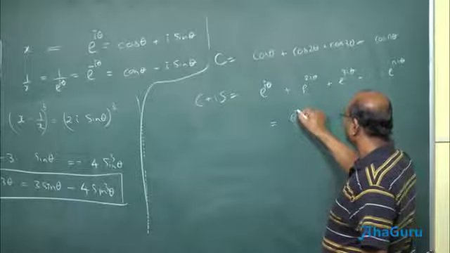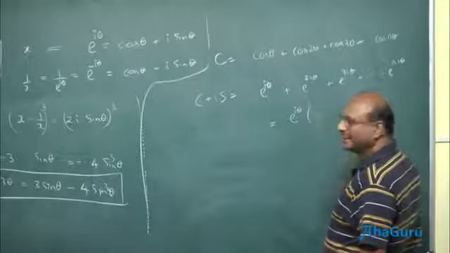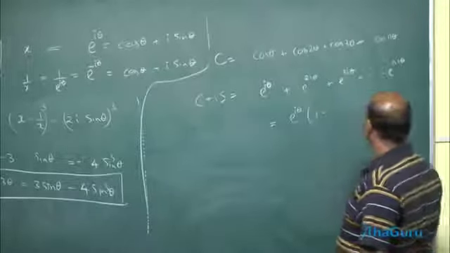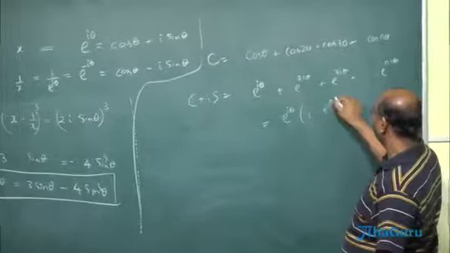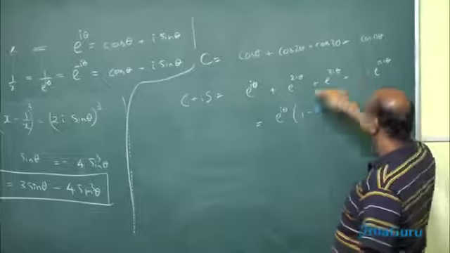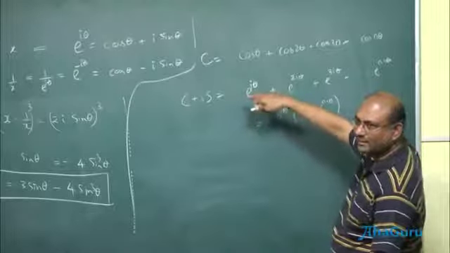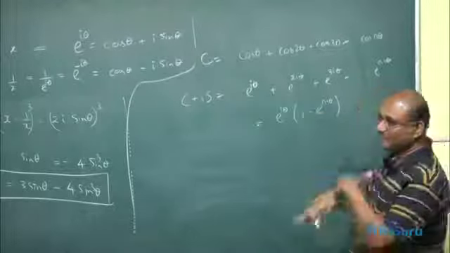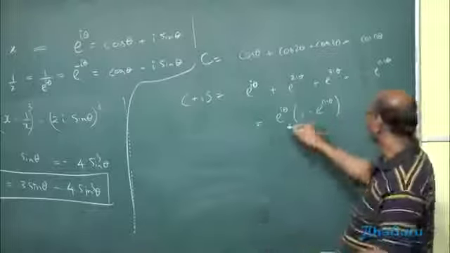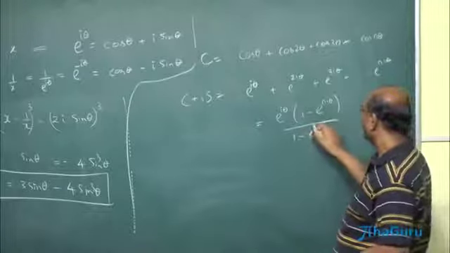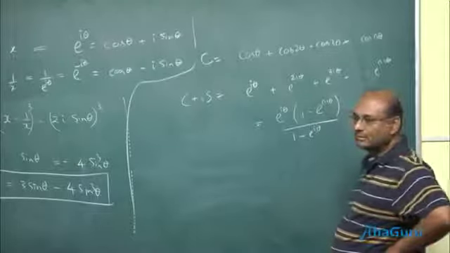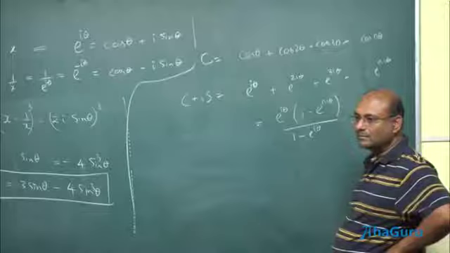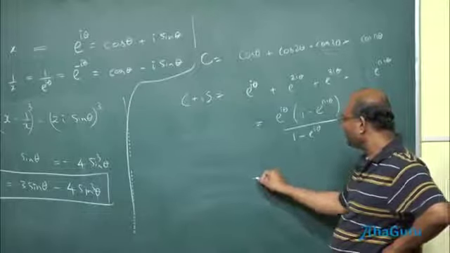So what is this? A into 1 minus R power n. Well, R is actually e power i theta, and you need the nth term, so it will be e power n i theta, divided by 1 minus e power i theta. Oh my god, how do I divide? There must be some good way to divide.